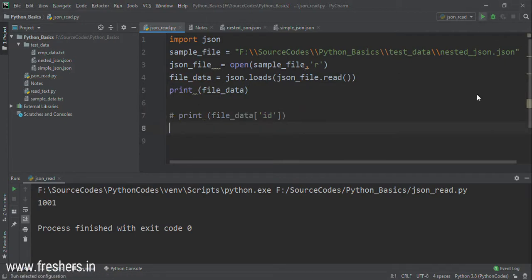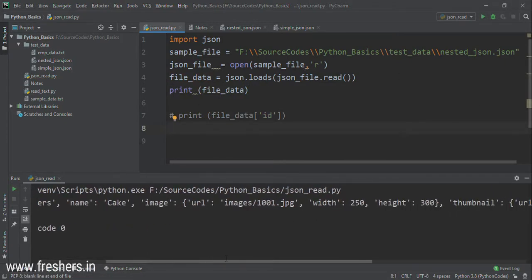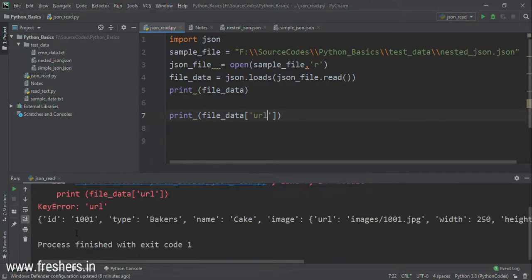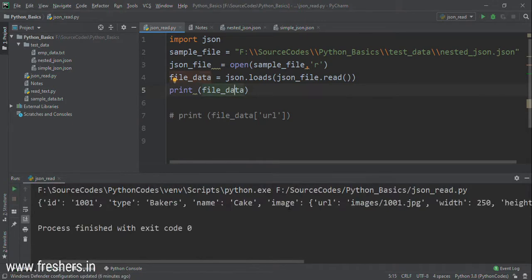Now in the above, you can see here we have an image URL and width. Now if I want to print this URL, the second line should have image.